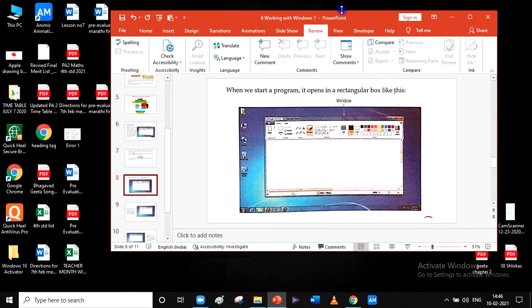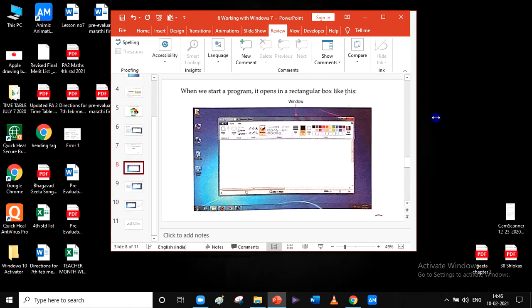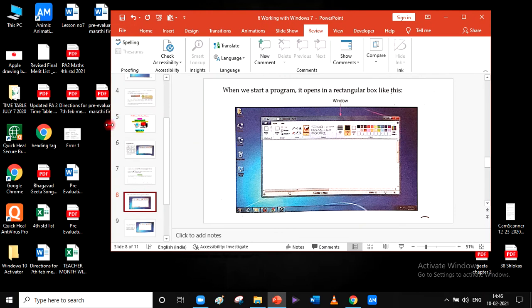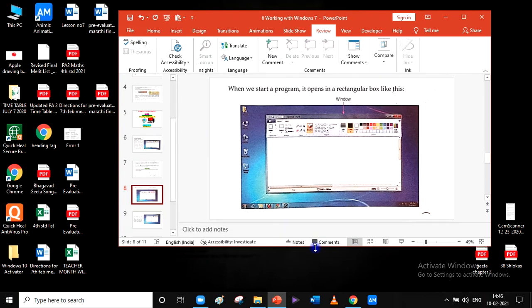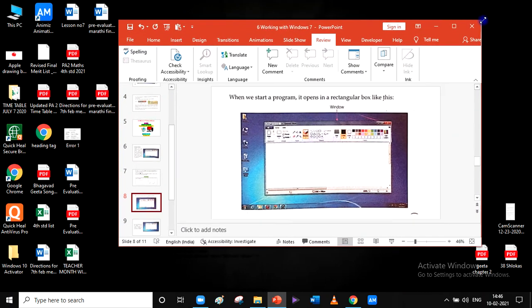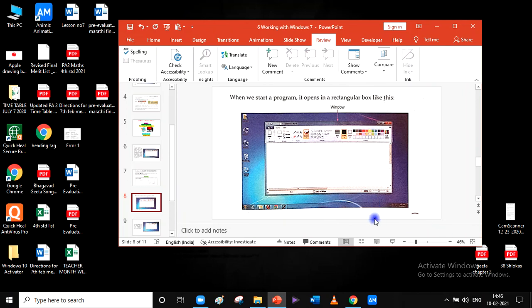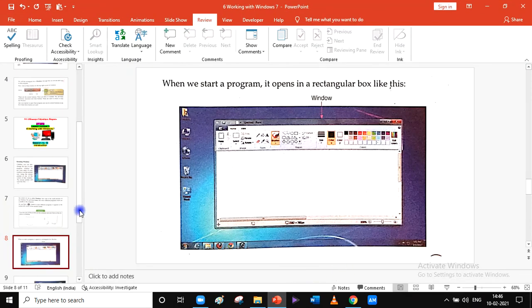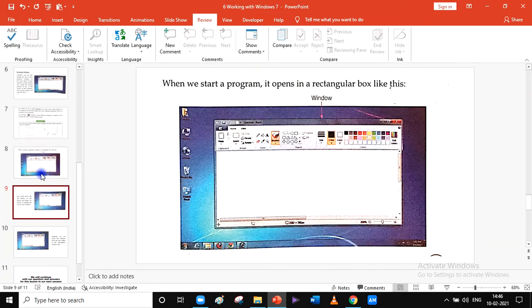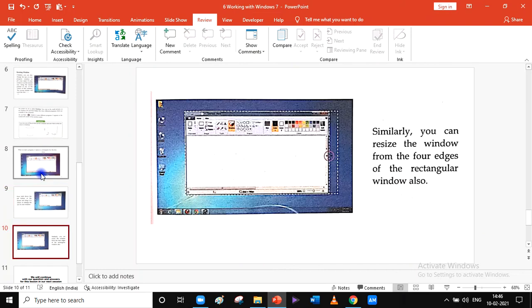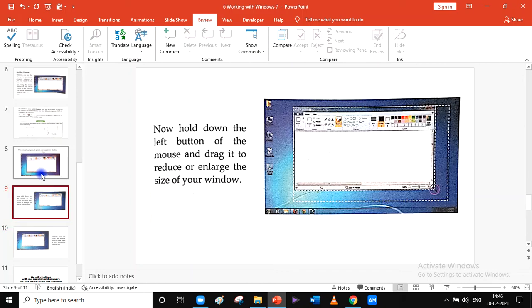You can do it from this side, this side, this side, and this side also. Okay, you can do it from all four sides, all four edges and borders, and from the corners also. Okay, this is how you do it. Let's zoom it and go further. Okay, this is how we resize our screen in a few ways.